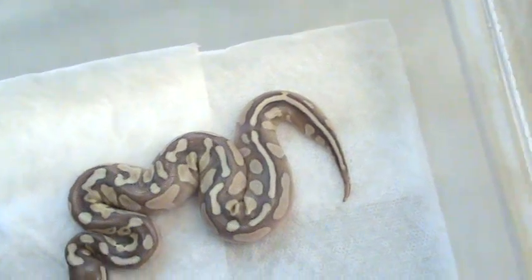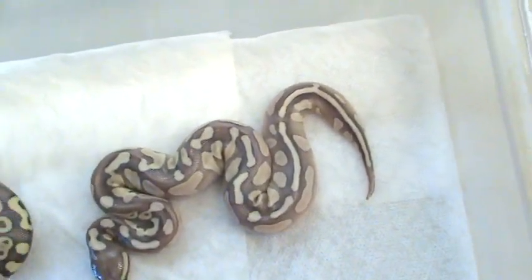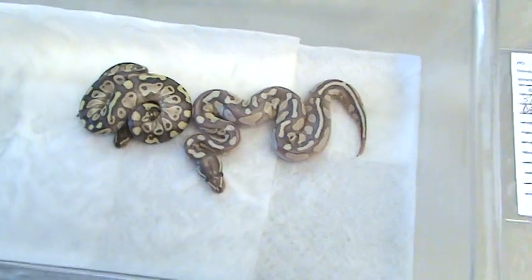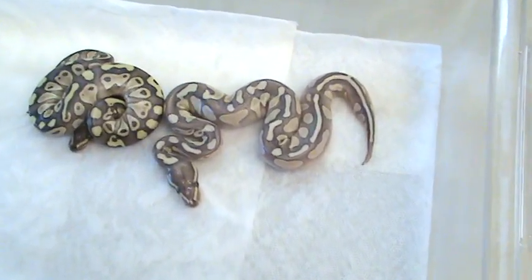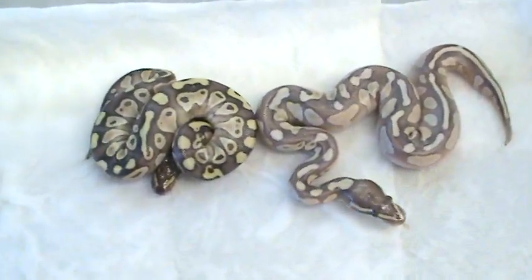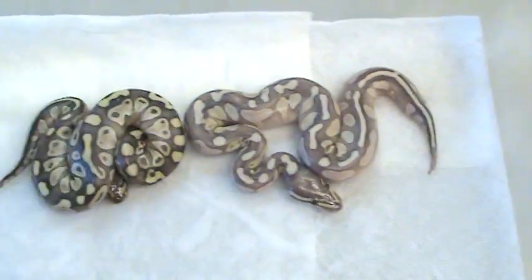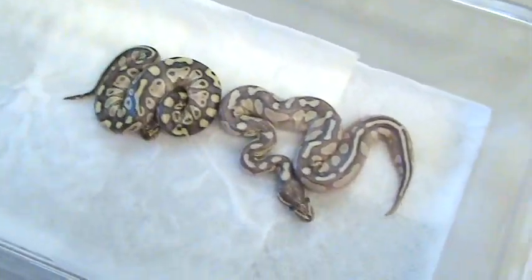I mean, most of the codominant stuff is just making something white or pale or hardly patterned. I myself, I'm getting tired of the non-pattern snakes. But we're talking to a guy that just made his first Super Pastel this year. What, took 10 years? Anyway,